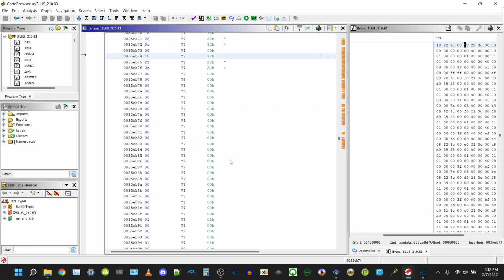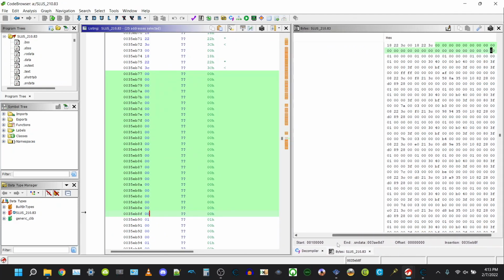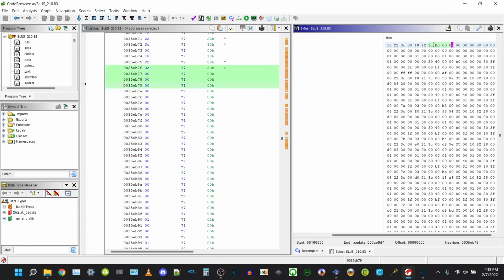Now this section of the executable lists all the references to the character strings and lists different properties about the characters. These bytes right here, actually I can show it better on this window. These 12 bytes, 1, 2, 3, 4,